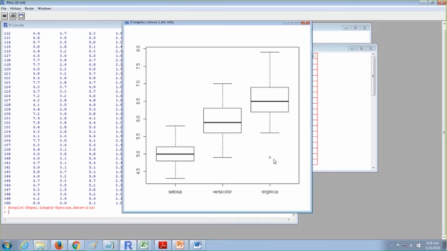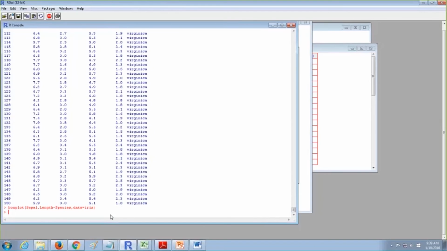The same way, if we have a sales data set and I plot it, I can see what sort of graph it comes in. So instead of species, I'll take the complete sepal.length. I'm not going to categorize on species.